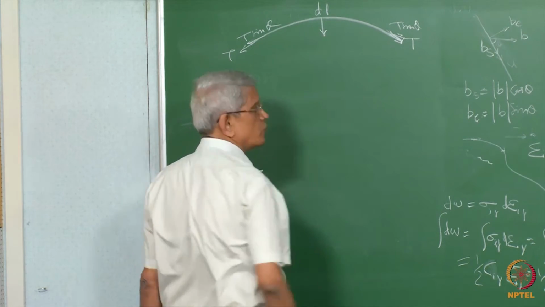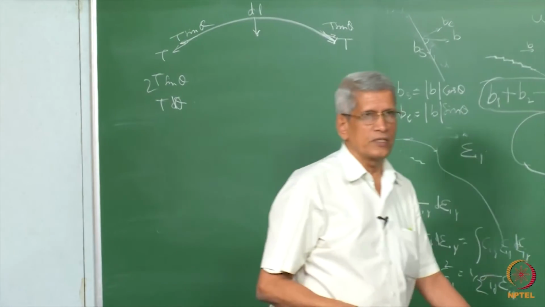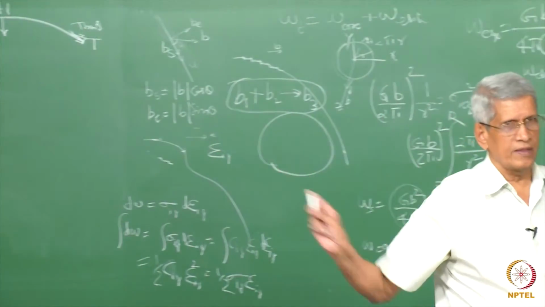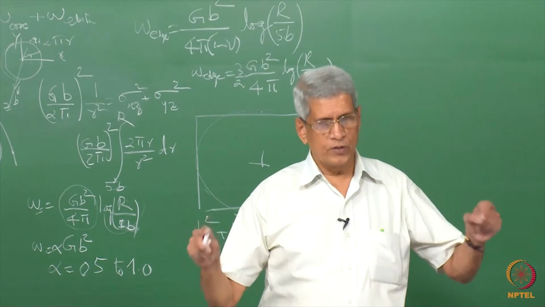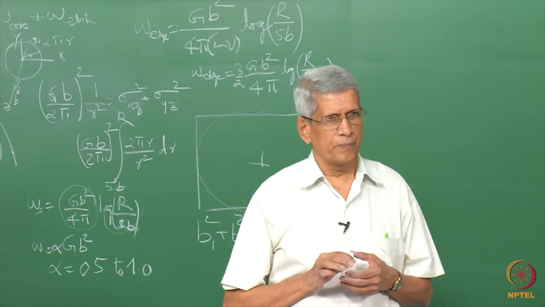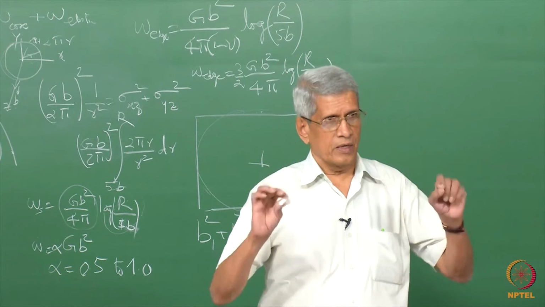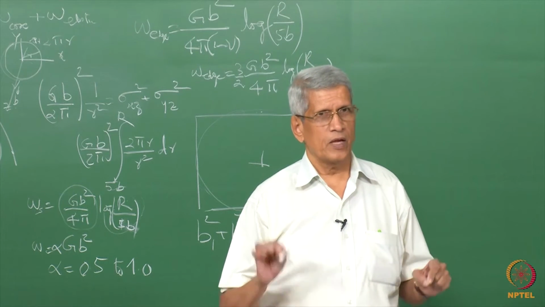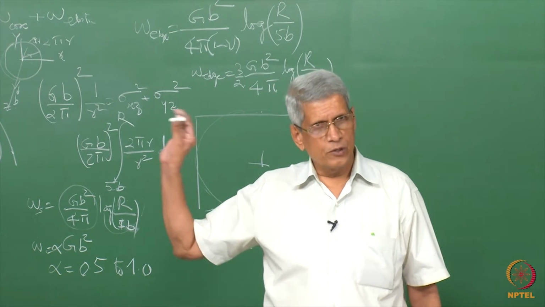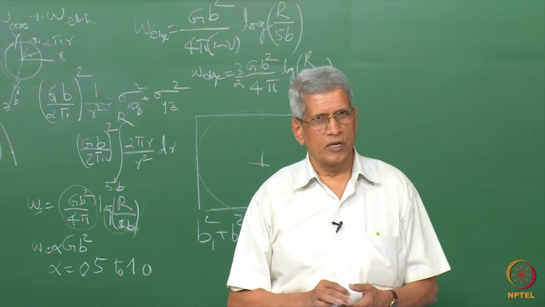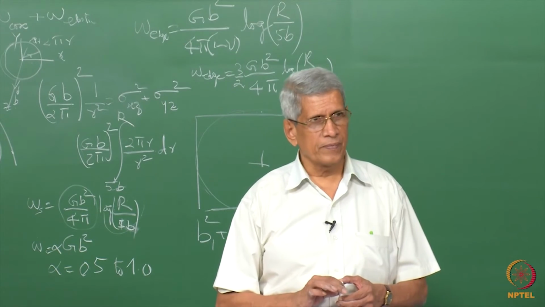This will give rise to a force downwards, correct? This T sin theta component is going to come down. If this dislocation has to be kept in that position, in equilibrium, there should be an opposite force which acts to keep it in that position, otherwise it will be continuously bending, correct? That is right.